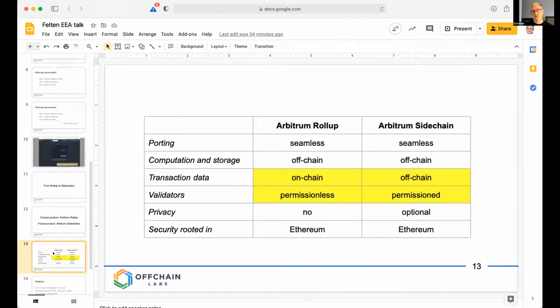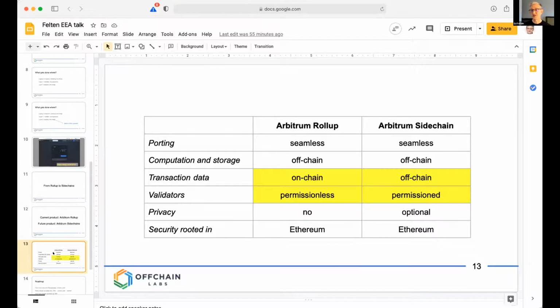So when moving from Rollup to Arbitrum sidechain, the change that we make is we make validation of a chain be permissioned. So there's a permissioned set of validators, and that means that you can talk about things like what all the validators agree on. So we still provide the very strong guarantee that any one honest validator can force correctness. But this allows us to move transaction data off-chain and allows us to gain an additional order of magnitude decrease in cost over what you can get with something that needs to put transaction data on-chain.